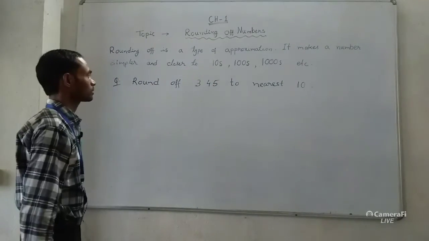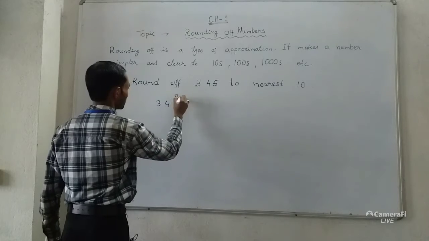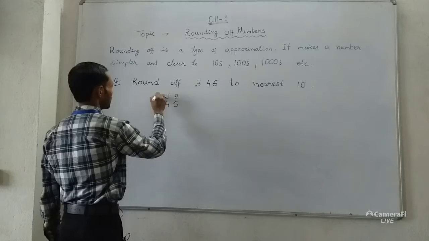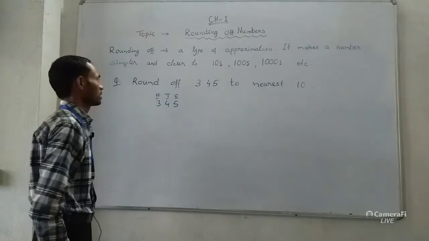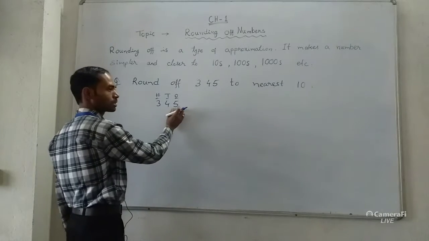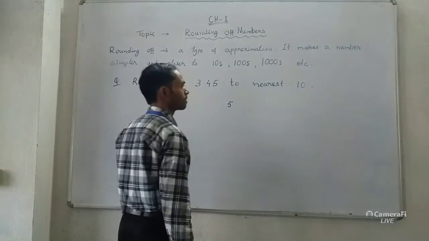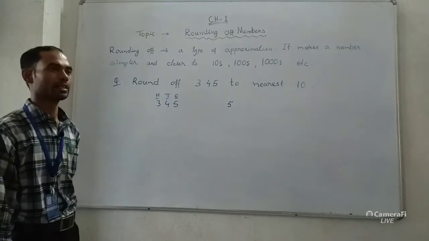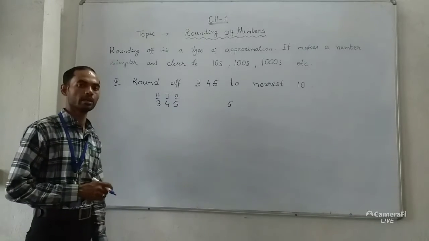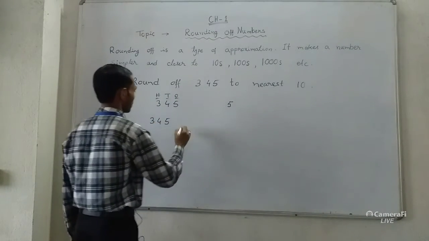In 345, the ones place is 5, the tens place is 4, and the hundreds place is 3. As we are rounding to the nearest 10, we check the tens place and ones place digit. What is the ones place digit? It is exactly 5. In that case, the tens place is increased by 1. So 345 rounded off